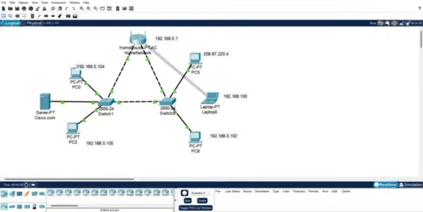Let's begin with message encoding. When one device sends data to another, for example this device sends to this PC2, the message must be converted into binary signals, ones and zeros, that can travel through cables or wireless signals. I demonstrate this by sending a ping from PC0 to the router